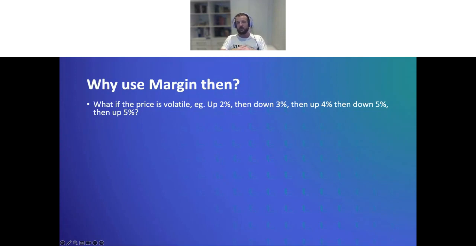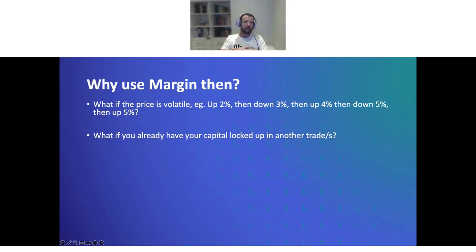And this happens. In fact, this will happen no matter what. But in this scenario, your chances of being profitable and of increasing your win rate and having a good win rate are diminishing, because you are limited by the amount of capital that you're able to put into this, in terms of the capital that you have on hand and the structured volatility of price movement. Or how about something different? What if you already have your capital locked up in some other trades that are in profit? You don't want to sell those positions so that you can take out a new position. So now you don't have the capital to enter this trade.